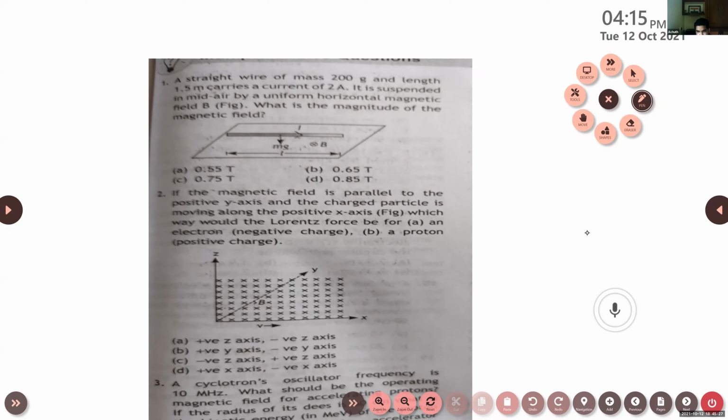Are we doing the first question? Yes, Achyut? Are we doing the first question? Read it once again. No, ma'am, which question are we doing? First one or second? First one.